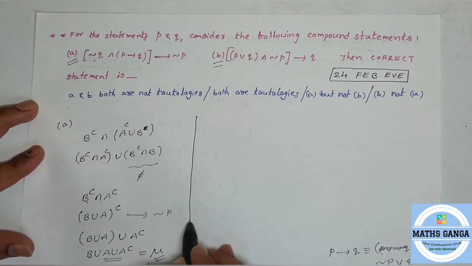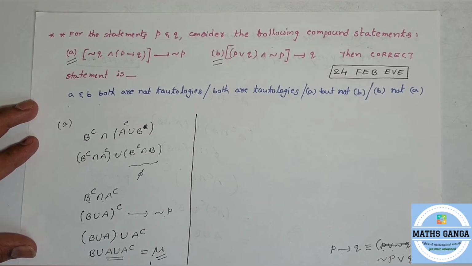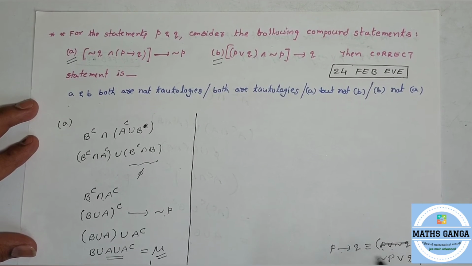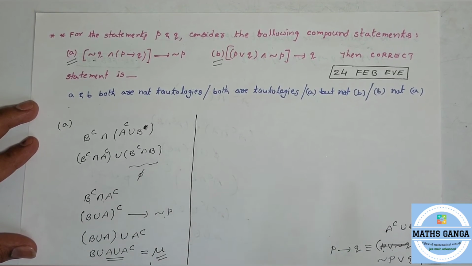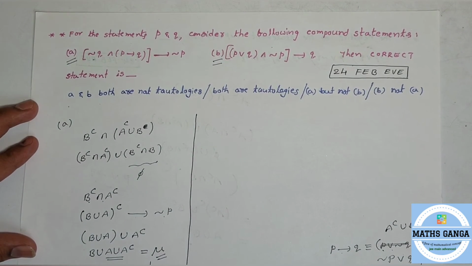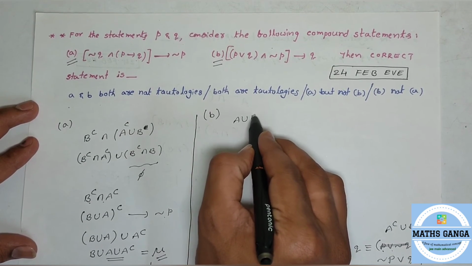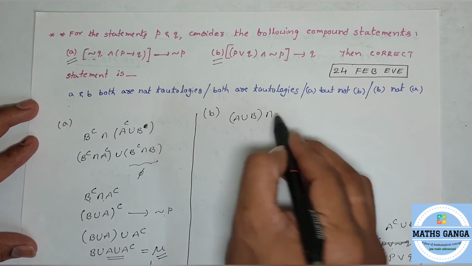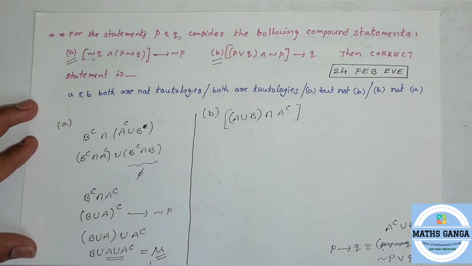Instead of using the laws of statements, by converting the given problem in terms of sets, I am using the laws of sets here. One particular law which helps you in analyzing these types of statements is this: P implies Q is equivalent with negation P or Q, and in terms of sets this is A complement union B, right? And now think about the second statement. Converting that second statement in terms of sets, it is A union B, and the "and" is nothing but intersection, negation of P is A complement, and for all these things we need to apply implies B, okay?